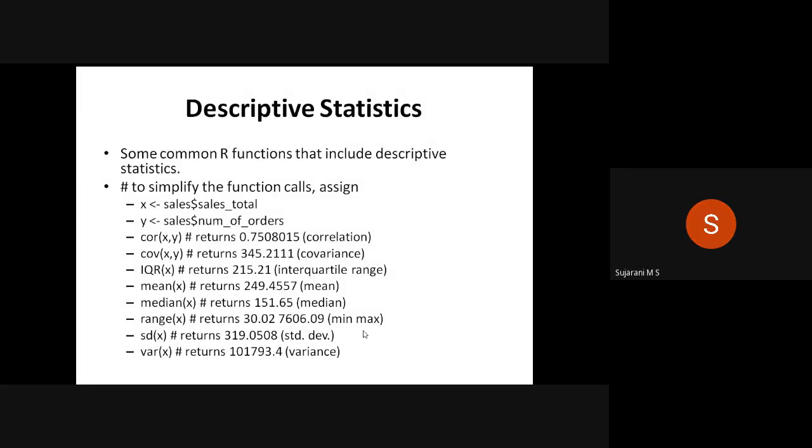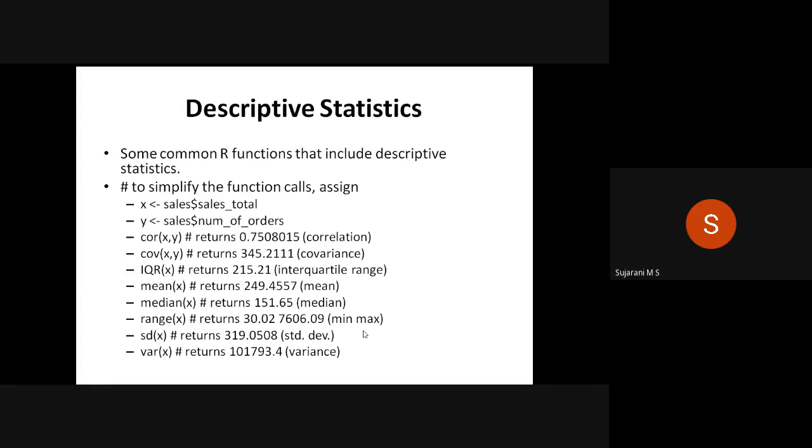Okay. Next is another topic, descriptive statistics. Suppose we have a large set of data. From that data we have to find the covariance, relationship, mean, median, range, standard deviation, variance, etc. For that we use descriptive statistics. This is another important question. It was asked in the previous examination question paper also. Very important question.